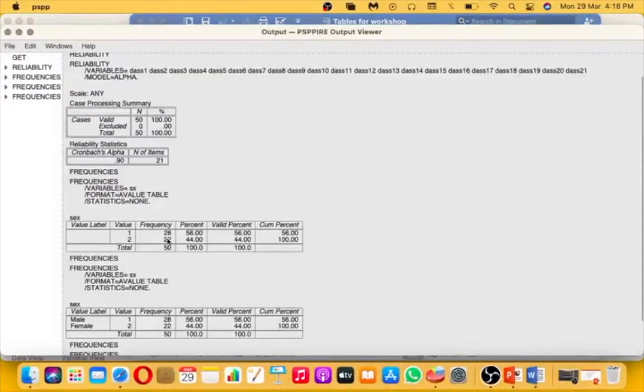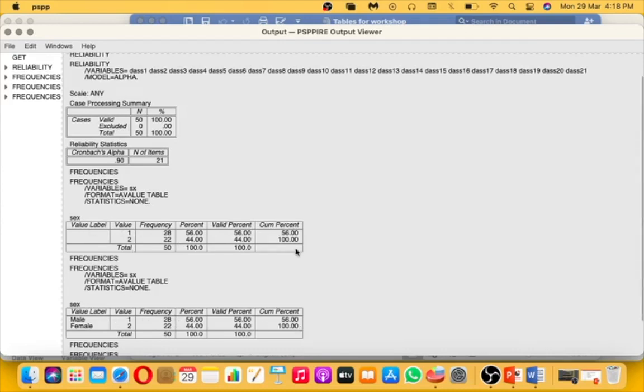You cannot copy this, it is problematic. So, what you need to do is you can take a screenshot, or there should be some way of saving, but it is better you take a screenshot of it, because this is not in proper format. You can see the tables are very small, not good. We do not need the cumulative percentage or valid percentage. We only want the label, the male gender, the frequency and percentage, that is all. Computer will give you so many unnecessary information, we do not want it.